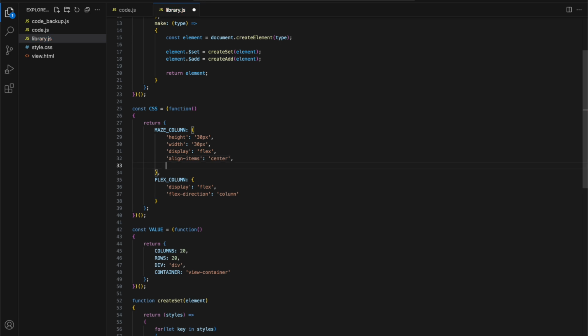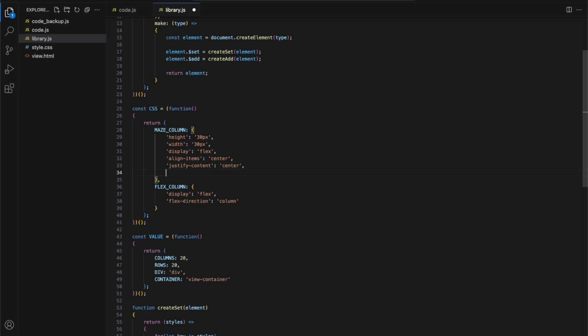comma, and then we're going to do justify content. All properties that are part of the flex property of CSS, justify content, and justify content is going to be center. So we're just copying what we've already done before. And then we had box sizing. So you can see, we're eliminating a lot of this kind of setup configurations from our code, which really makes reading code a lot easier. So let's hope I spelled all these right, and if we didn't, we'll see soon enough. So we're going to go library, we're going to save this,